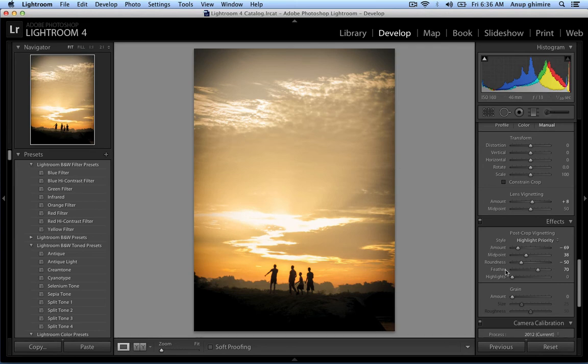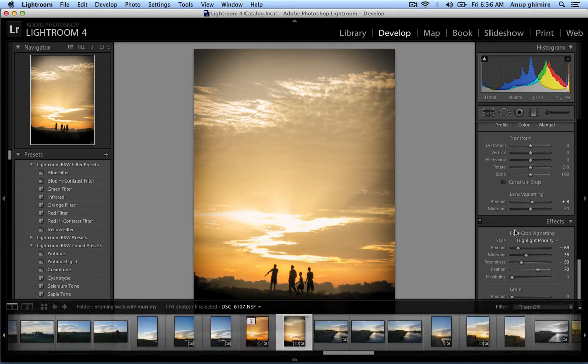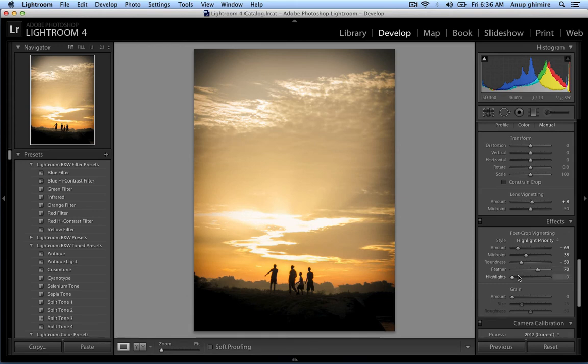Now our sixth option, highlight. What highlight does is it basically preserves the highlights in our image. To the extreme left side, its value is 0. So if we have to increase the value of highlight, we have to drag it to the right side. So if I drag it to the right side, to 58, 60 and 90, you will see that this part, the highlight part,